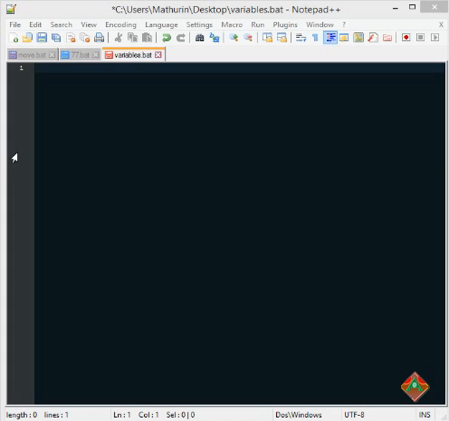So to create a variable we use the set command. Set command has many attributes such as /a and /p, but we're going to just use the /p for user input. We're going to also use no attribute for being a programmer or developer